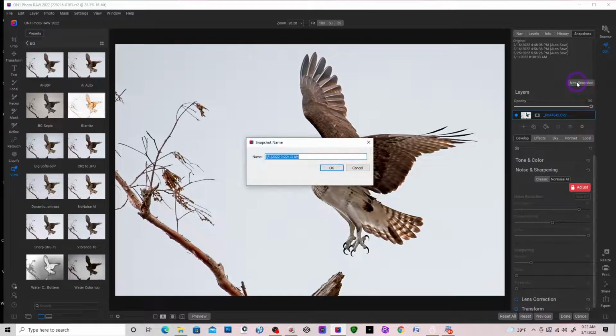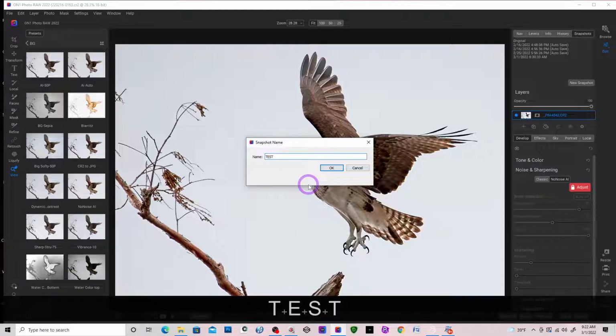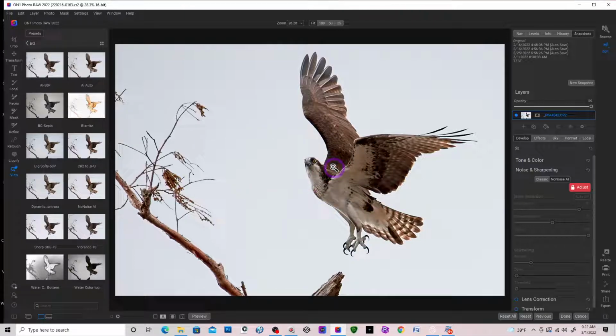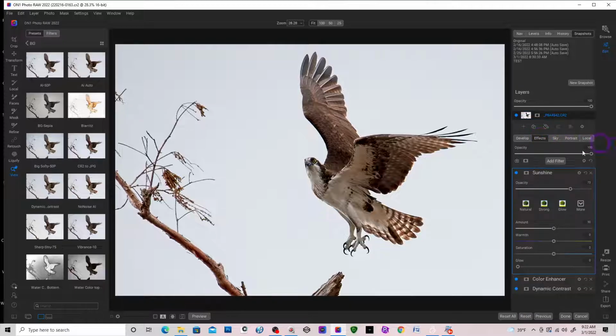So I'm going to create a new snapshot. You can name it whatever you want. I'm going to say test. Boom. So On1's created a snapshot at this point of the image. Now if I go into effects, and let's take off the sunshine effect, and then we take off the color effect, and